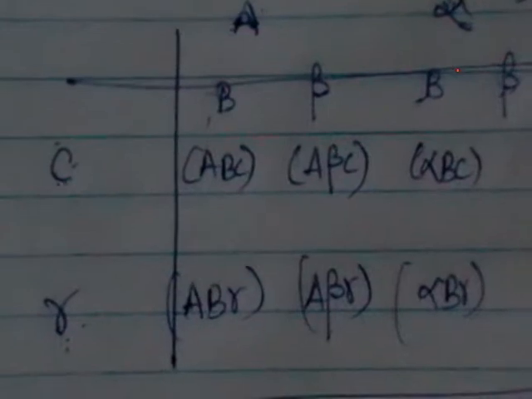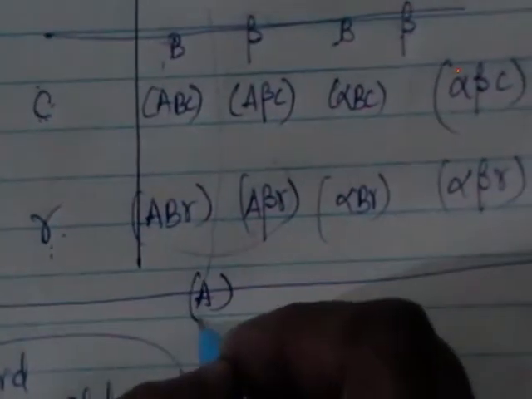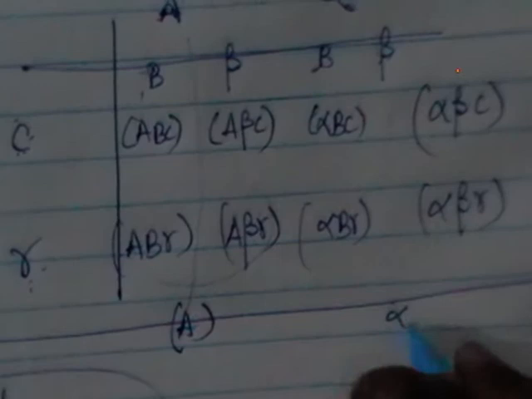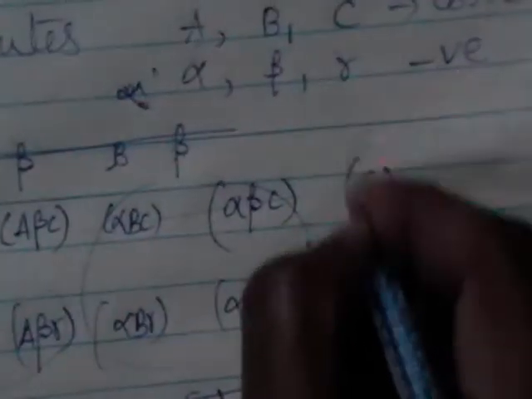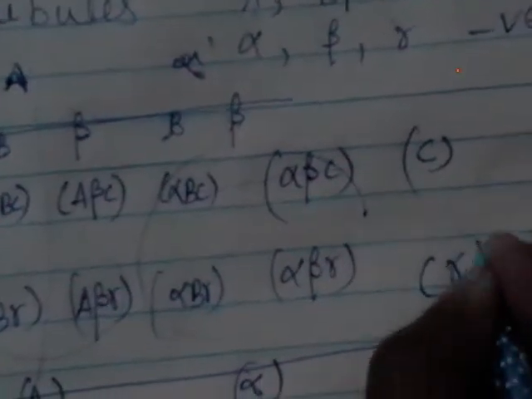Okay. Now after that, how do you get the remaining means? If you add all these boxes, you are going to get the corresponding A here. Okay, corresponding alpha here. By adding these 4 attributes, you will get alpha. So by adding all these 4, you will get C. You will get gamma here.